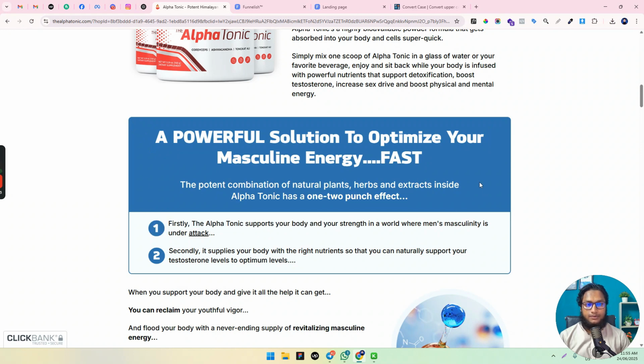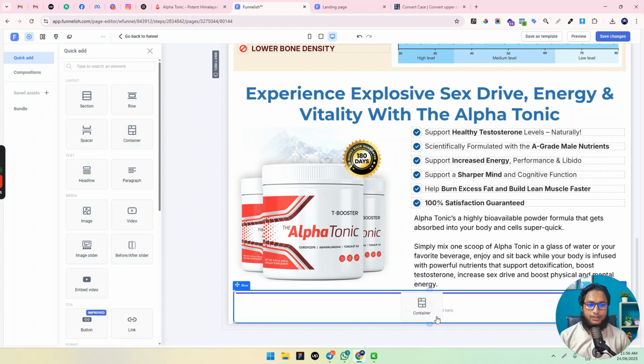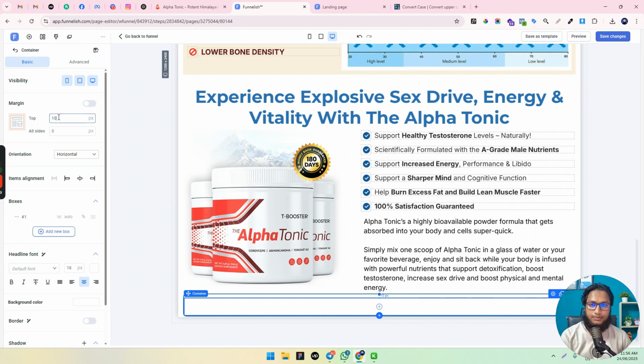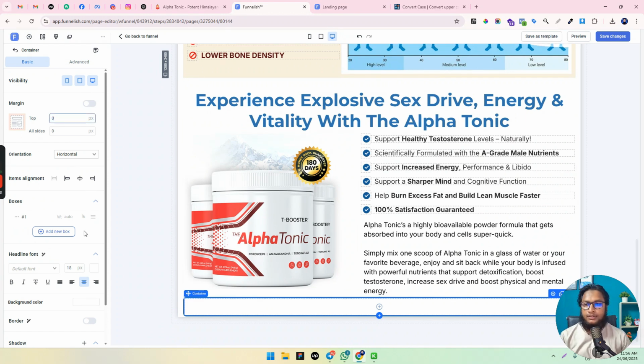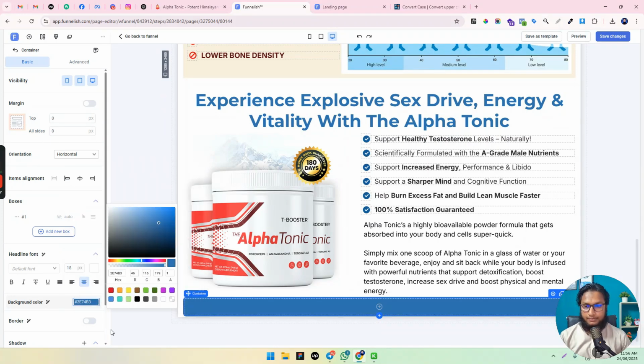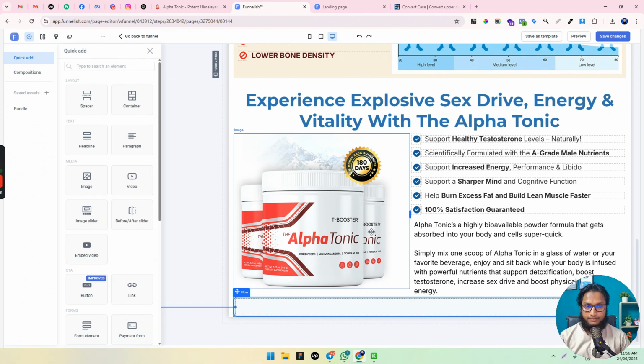For this area, you see there is a different background. For this, we can use a normal container and select this container again and remove the top margin. The container background should be this blue color, and border radius on the top 5, like 5. Okay,